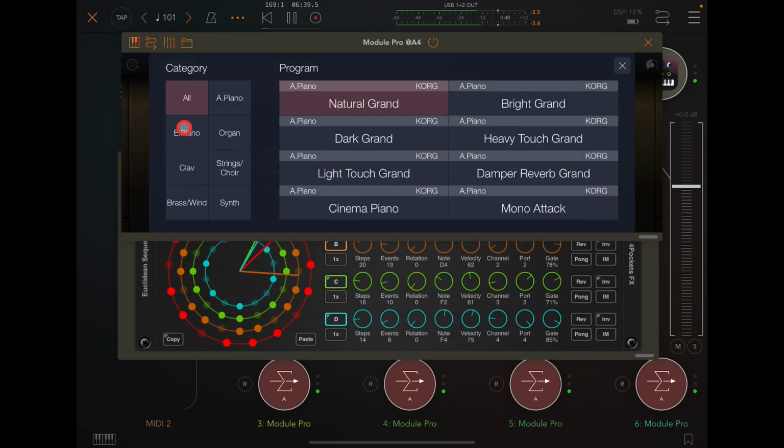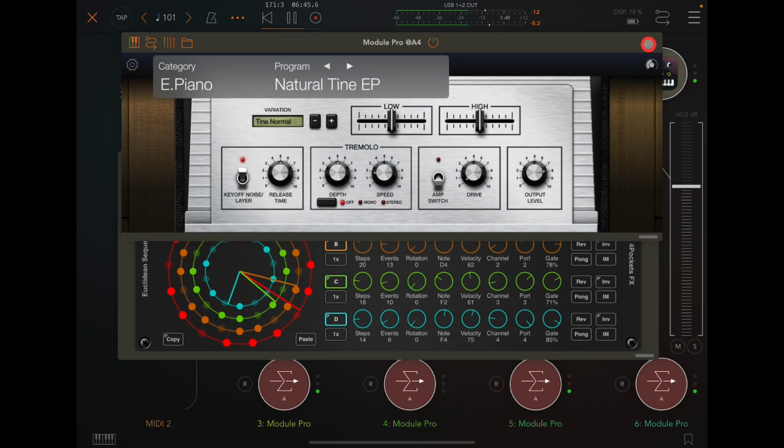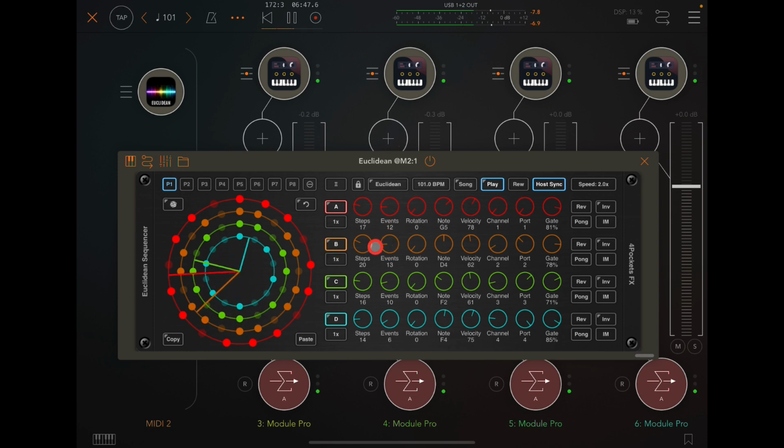Maybe some electric piano. Use the rotation in Euclidean mode. Could, of course,